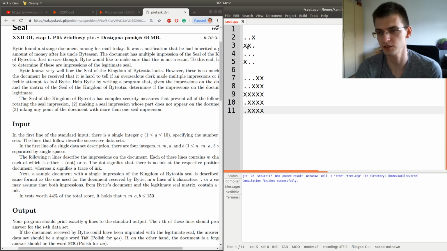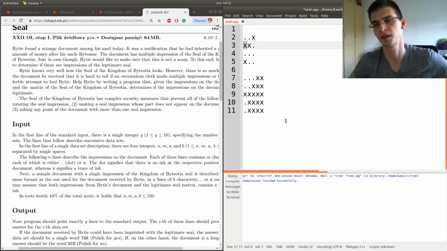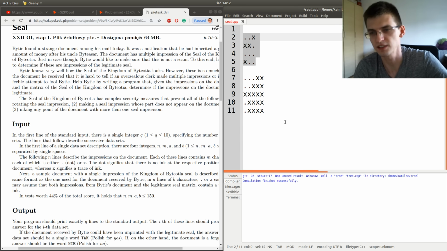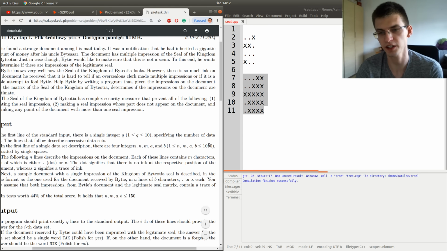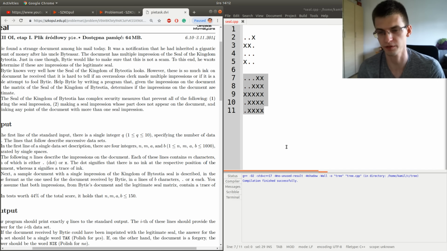So the goal is to every time find the leftmost x in the big matrix, and to know where is the leftmost x in the small pattern. And of course we want to avoid complexity of size of this times size of this, because the constraints are up to 1000. So it's okay to have 1000 squared.